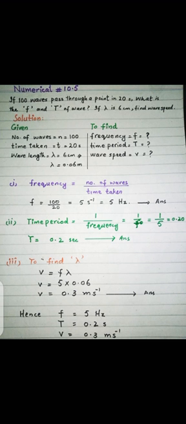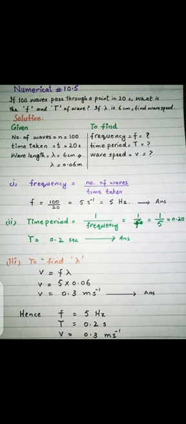From this statement, we choose the given. Again, three things are given. Number of waves is 100, and the total time taken, small t, is equal to 20 seconds. Wavelength of the waves, lambda, is equal to 6 centimeter. We have to convert this 6 centimeter into the standard unit, which is meter. So lambda will be equal to 0.06 meter.